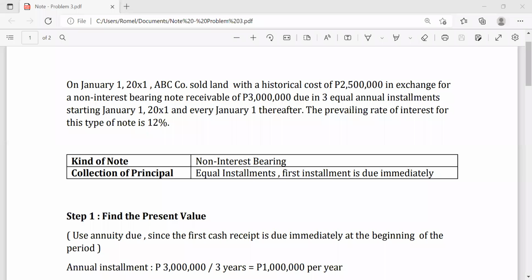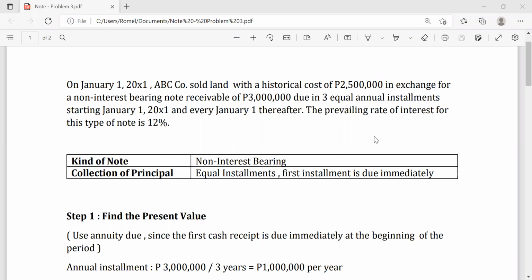Hi guys, we will now discuss non-interest bearing notes, equal installment. First installment is due immediately. So we will have a sample problem. On January 1, 20X1, ABC Corporation sold land with a historical cost of